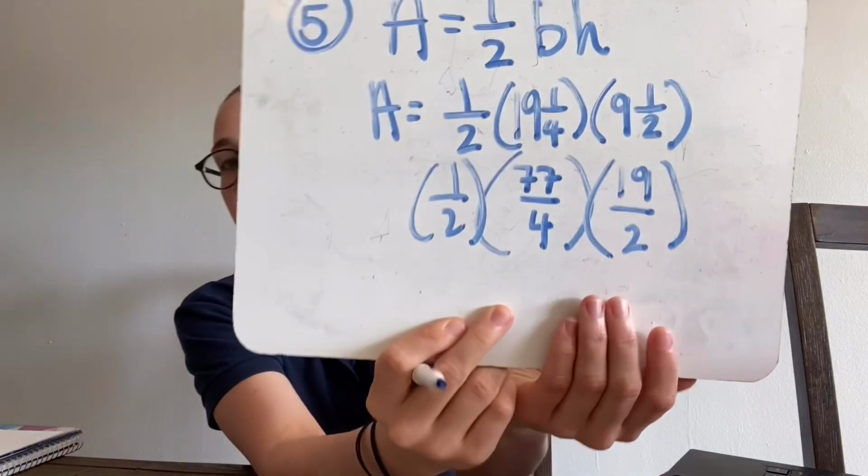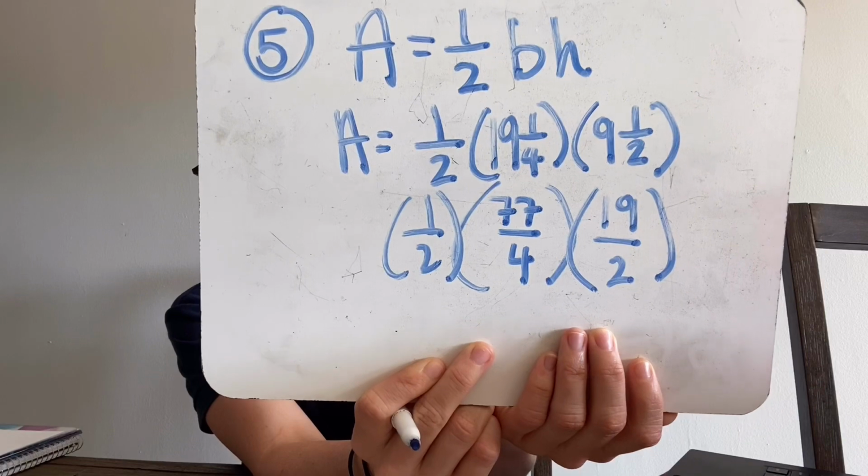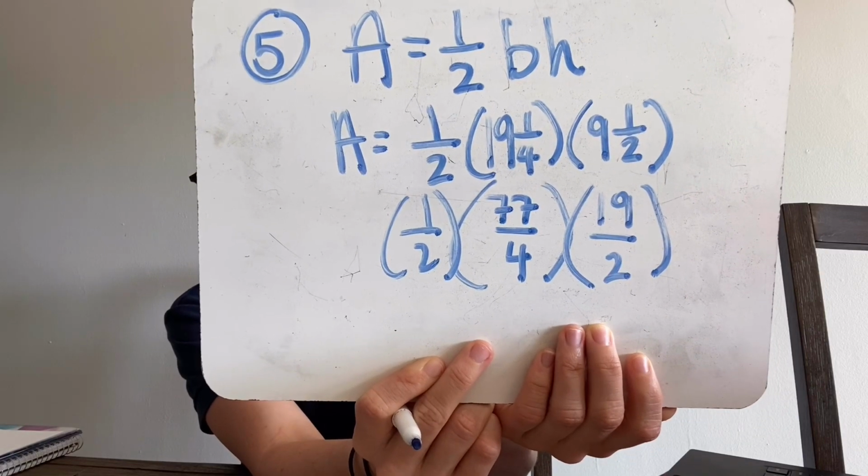I'm just going ahead. I'm gonna multiply the 19 by the 4, which is 76 plus 1 is 77/4. We've still got the 1/2, and we've got the 9 1/2, which will change to 19/2. All I did was change each of those mixed numbers to improper fractions so I can go ahead and do